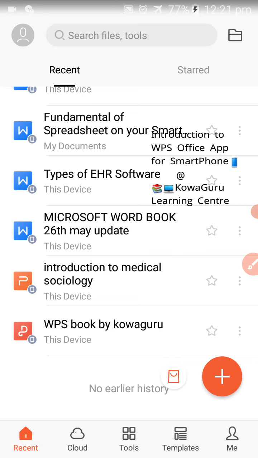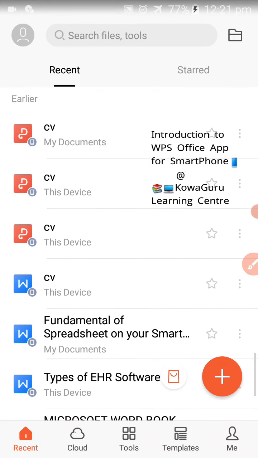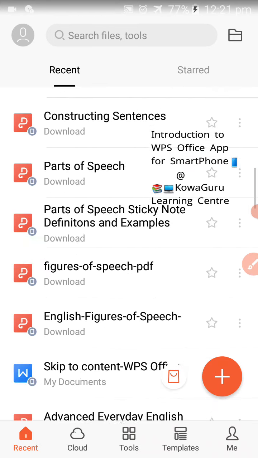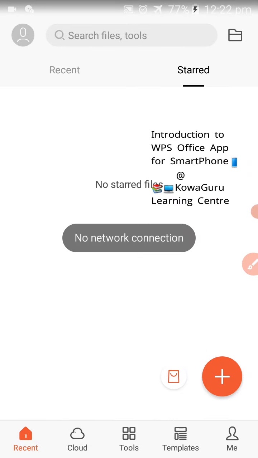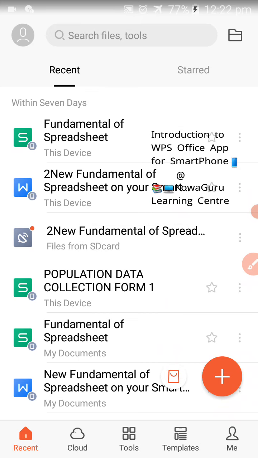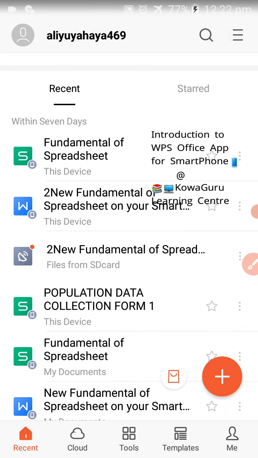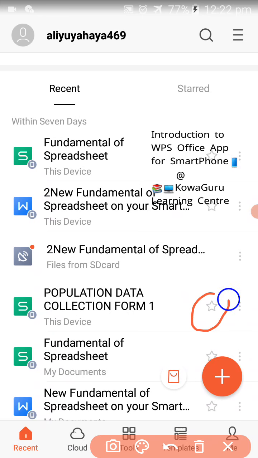As you can see, I opened all these documents on my smartphone. While starred, as you can see, there are no starred files, which means I haven't starred any file. Here is the star sign, and here also the star sign. Every open file has a star sign, which gives you the ability to specify that document and